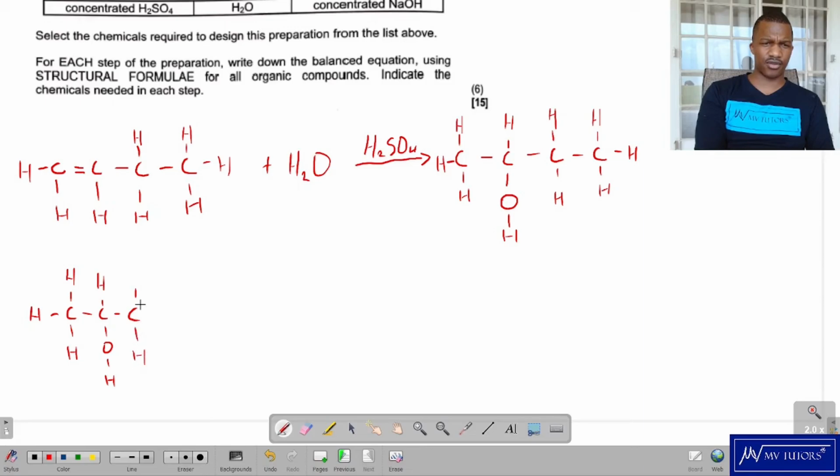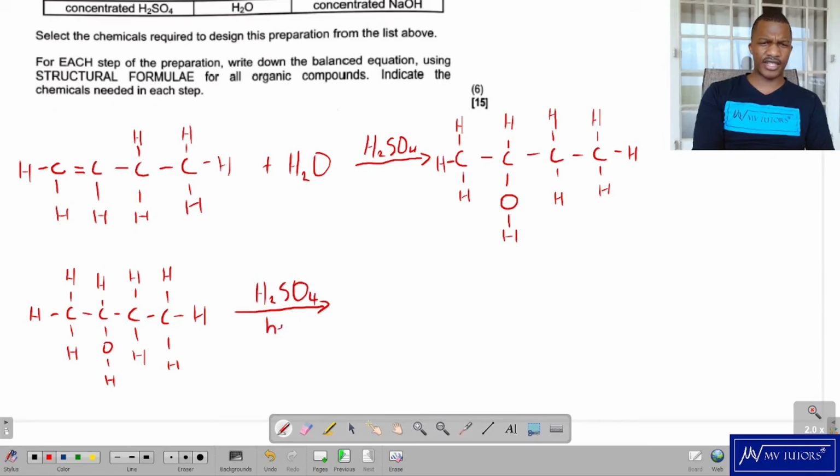This one has 2 H's, one more to make it 4 there. Now what we're gonna do, we'll take this compound and we're still using H2SO4 as a catalyst, but